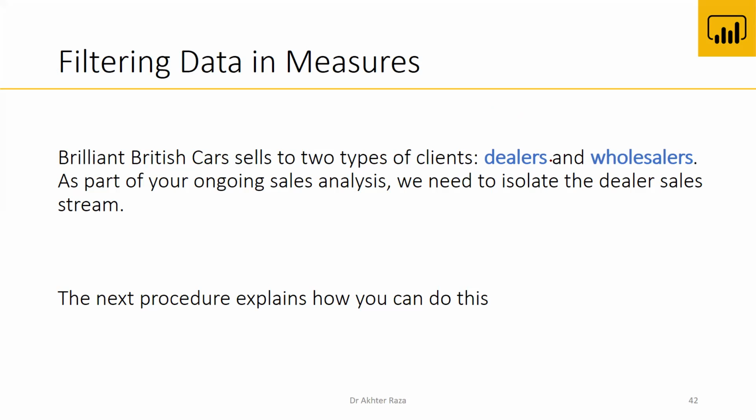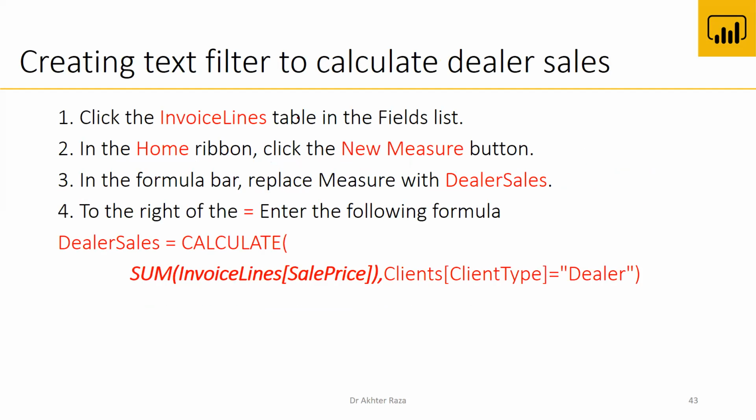So we have a different procedure for dealers, and another formula we have to use for the wholesalers. Then a new measure is computed depending on these two. Creating the text filter, CALCULATE, for the dealer sales. Invoice line table, in the field list, home ribbon, click new measure, dealer sales. The CALCULATE function is to be